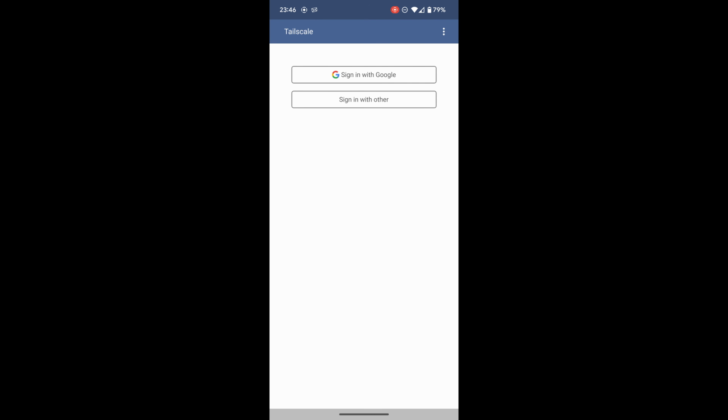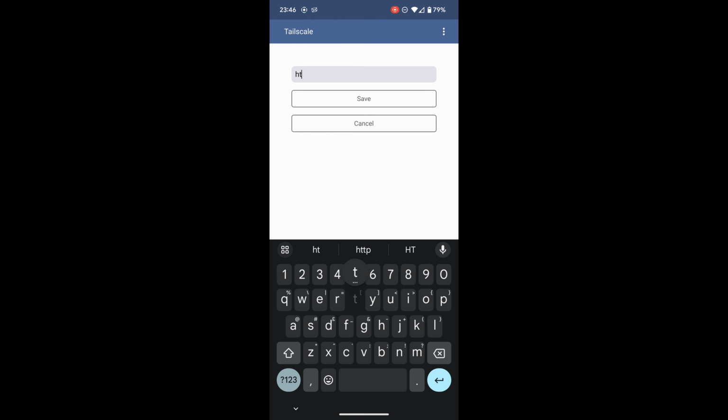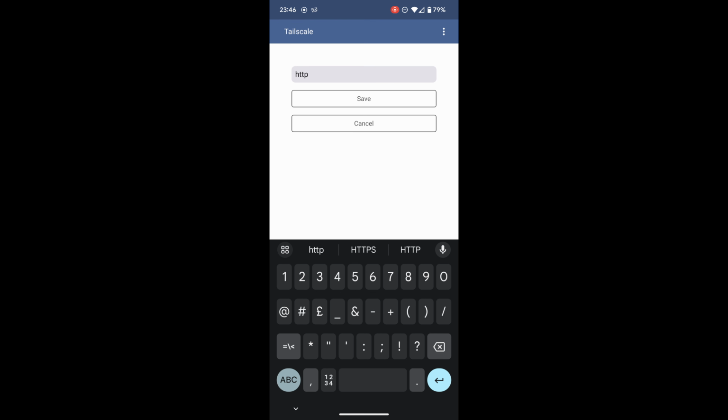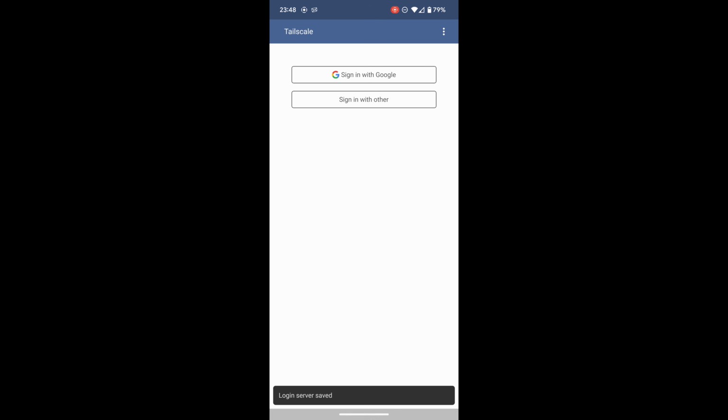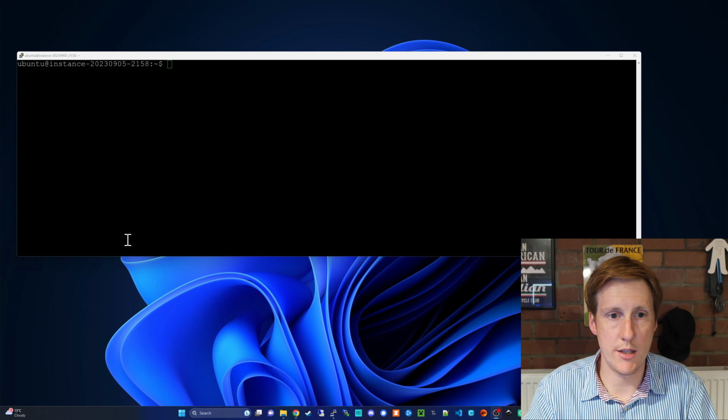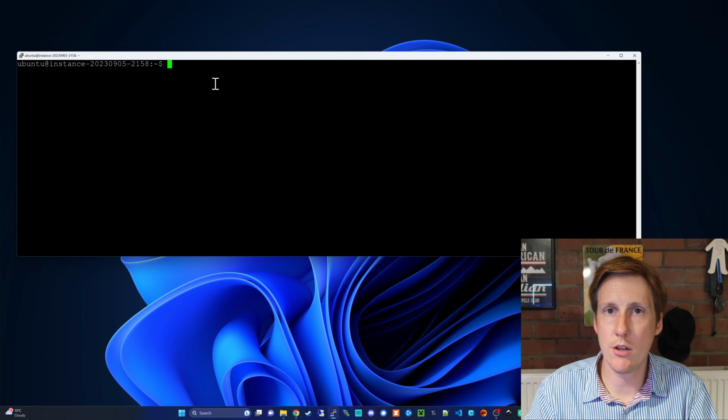And the trick here, once you're presented with the opening screen, is to tap the 3 dots in the top right 3 times. When you do that, the change server option becomes available. Now, you simply want to enter your IP address, similar to what we've done in the previous setup. Remember to put the port 8080 on the end. And then you'll be presented with the login page, which you want to click Sign In with Other, and that's going to give you the same page as we've seen before, where we need to copy this command and use it on our VPS. So get the code that was presented on your phone and head back into your VPS,